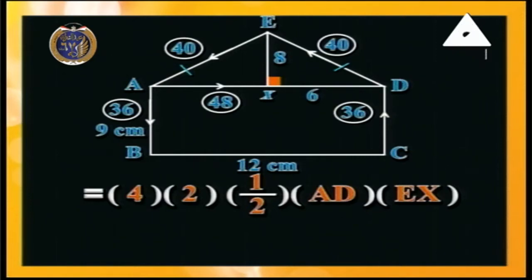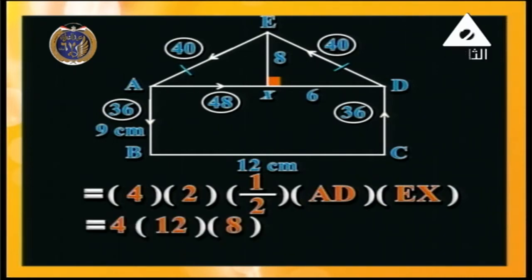Then, my dear student, if we find the moment of the couple of three forces acting on three sides of a triangle in cyclic order, the moment is K, the constant ratio, multiplied by twice the area of the triangle. 4 times 2 times half times AD times EX equals 4 times 12 times 8 equals